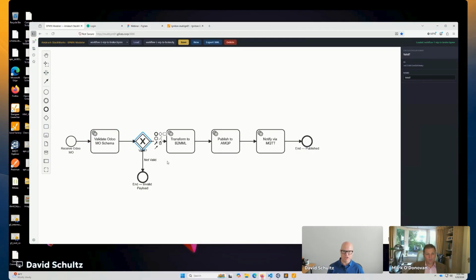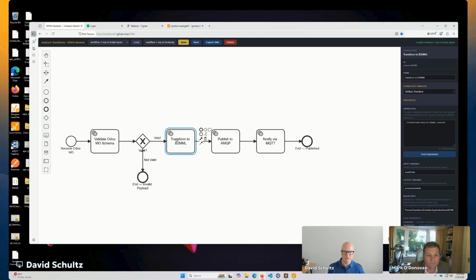So now we'll have a decision: was this payload valid or not valid? And if it wasn't valid, then I'm just going to go into the invalid payload. It's going to go into the dead letter queue, and then all will be done, and the whole process stops. But if that schema is good, I'm going to run it through a JSON auto